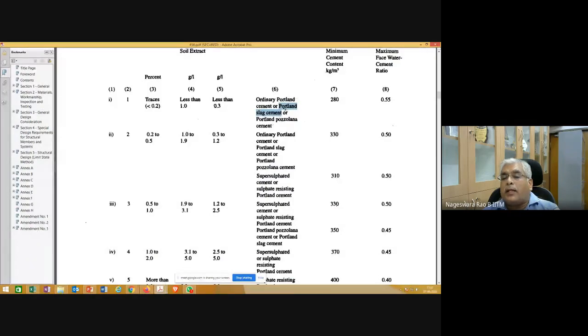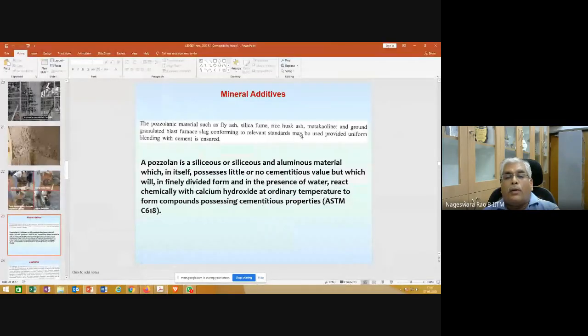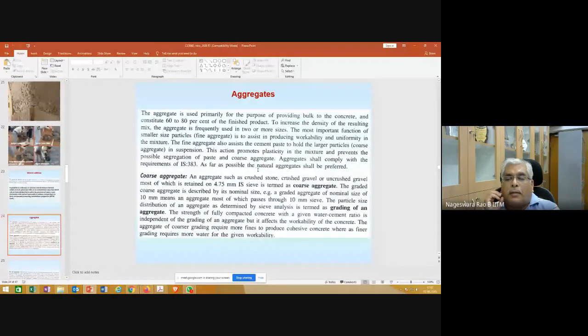Portland slag cement is the cement mixed with that GGBS. GGBS is nothing but ground granulated blast furnace slag. Okay, so these can be used as a replacement for cement. A certain portion of cement can be replaced.